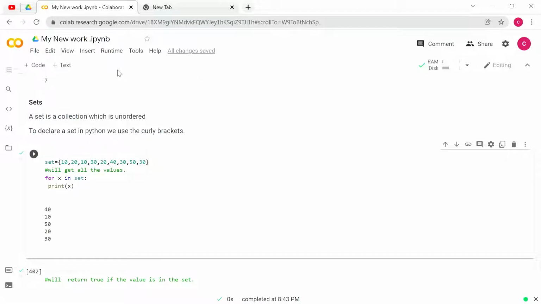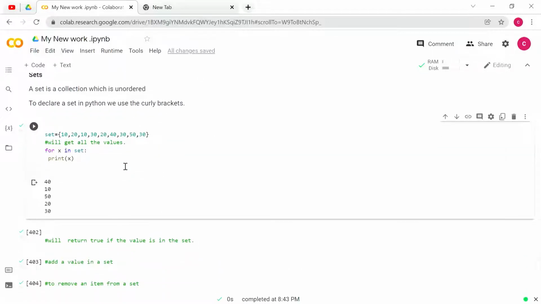Yeah, we have got the result. Here, did you see what all we have done? Inside the code for x in set, after that we forgot to give a colon. So it is compulsory over here in this code. You should give a colon after that, and also a small space should be left in front of print. Then only the result will be got properly.